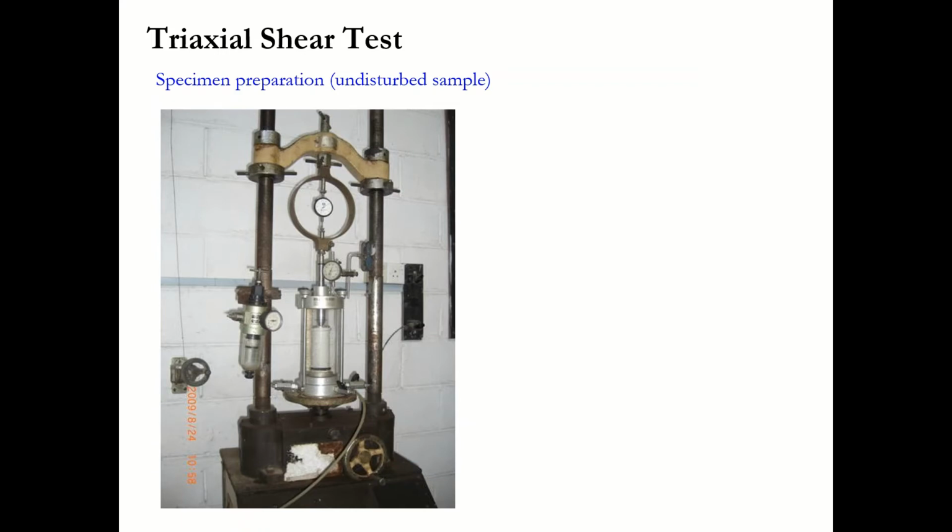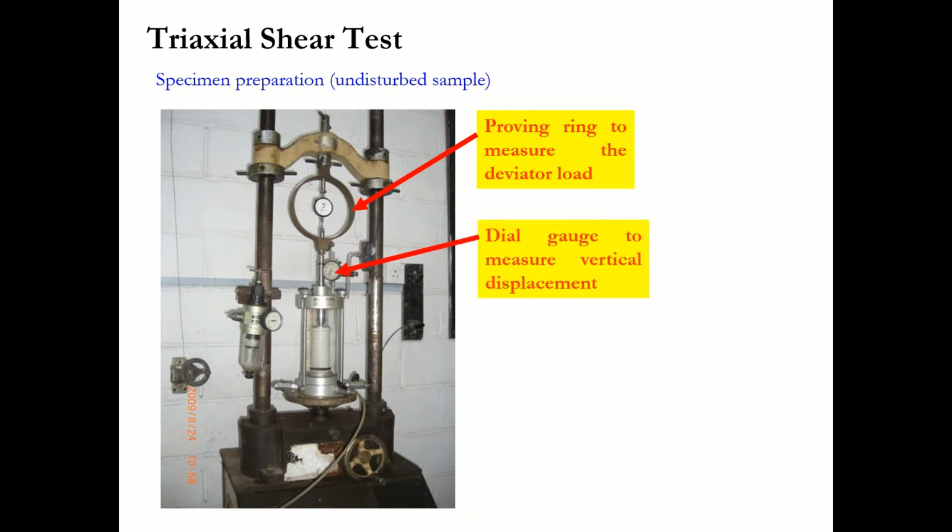This is the triaxial test apparatus. Then we will apply the deviator stress and measure it by a proving ring, and we will also measure the vertical displacement by a dial gauge. And like our previous experiment, the direct shear test, we will also draw the stress-strain curve and determine our failure stress. Also, like the previous test, we will do the same test for at least 3 confining stresses. For different confining stresses, we will get different deviator stresses at failure.